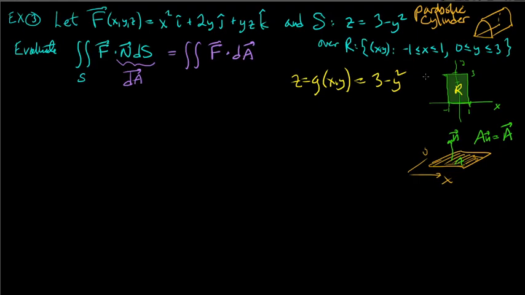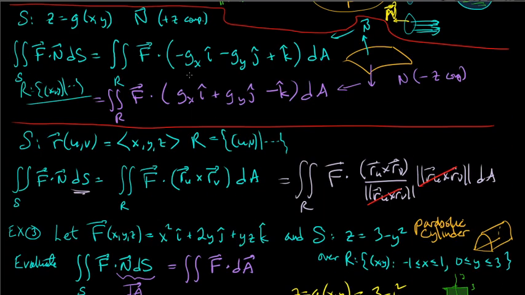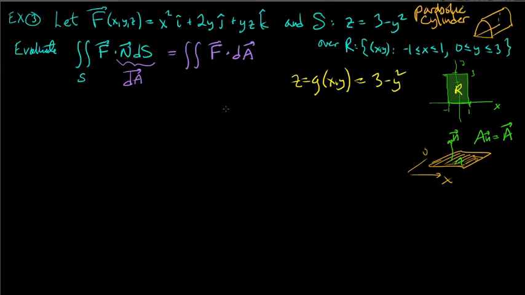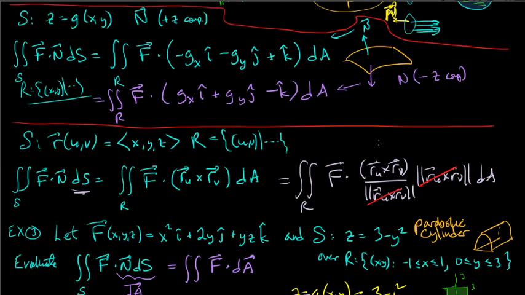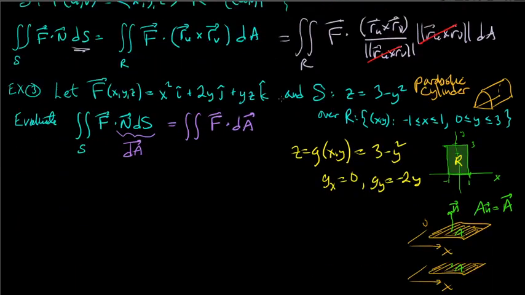What else do we need? We need the two partial derivatives, which we can get very quickly. The partial with respect to x is 0, and the partial with respect to y is -2y. So my dS is going to be the square root of 1 plus gx squared plus gy squared. However, if we do it this way,